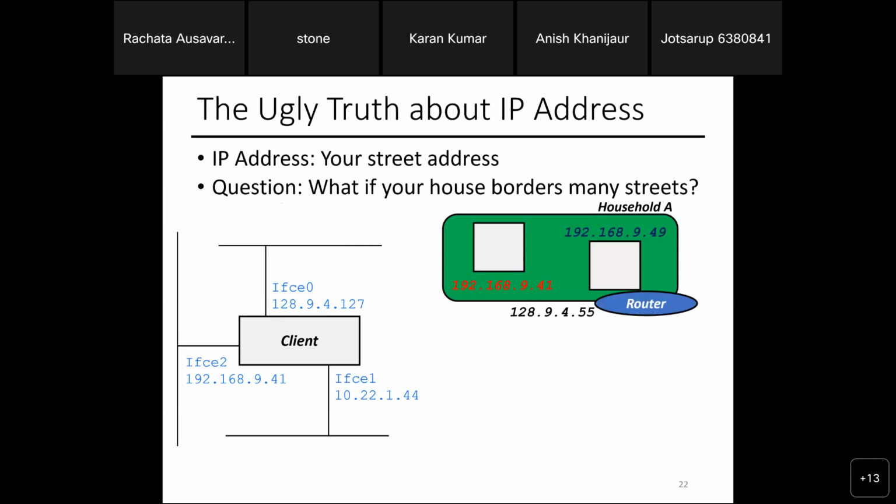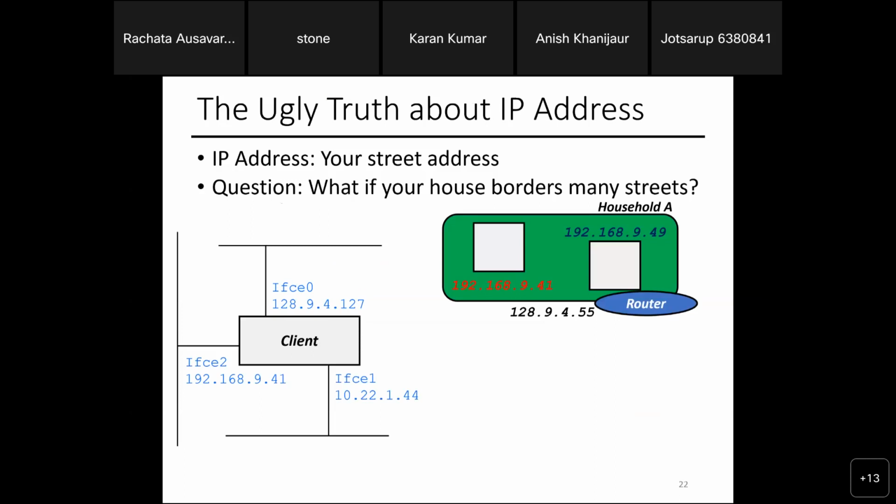So imagine you have a household with two devices. One of the devices is 192.168.9.49. The other one is 192.168.9.41. They are under the same network, right? And you connect to the router. The router IP address is 128.9.4.55. Inside, that's a private network, your own network, so you can assign whatever IPs.